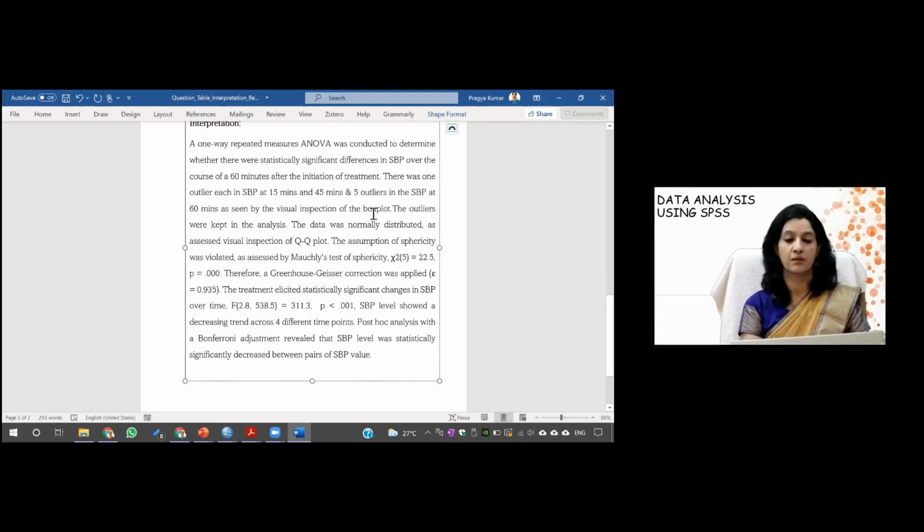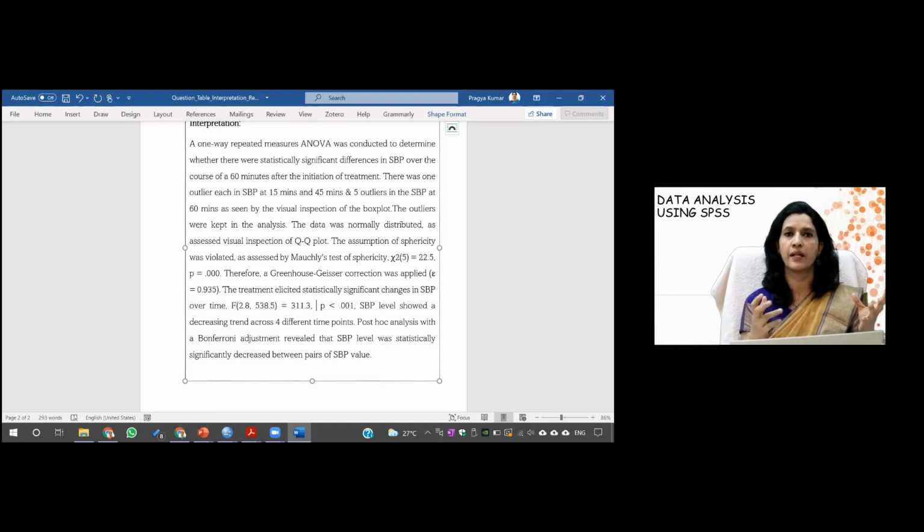Okay, yes, thank you, Shruti. So this is the way we write the interpretation. Maybe here we are finding a difference in all the pairs. But there can be a case, like we have seen with COVID, that there are 2 different CRP levels at a 7-week interval, and you will find the difference between a particular pair, not all pairs.